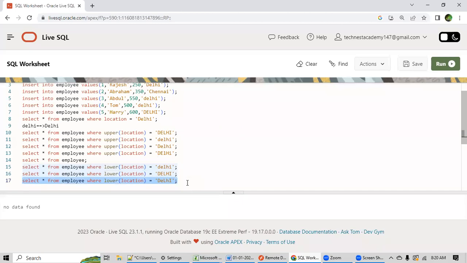So finally, what we concluded: if you want to search for a record and you're not sure about the case, whether it is uppercase, lowercase, mixed case, proper case, or camel case, you use either upper or lower. First rule. Second rule, if you are using upper, then this value must be in uppercase. If you are using lower, this value must be in lowercase.